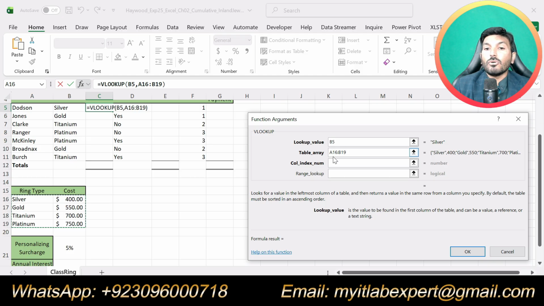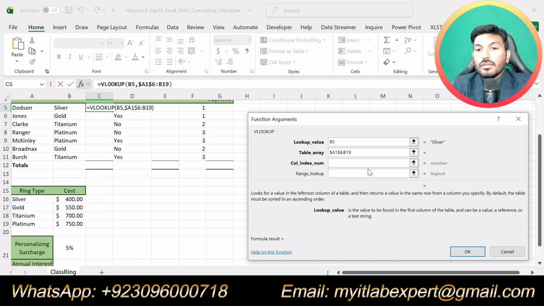But we are supposed to use this as absolute references. So we will use the $ sign before the column name and row number. Okay.